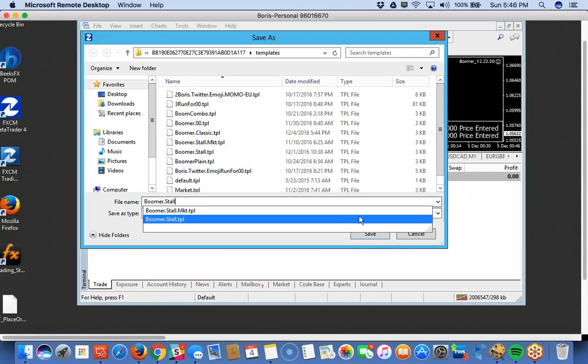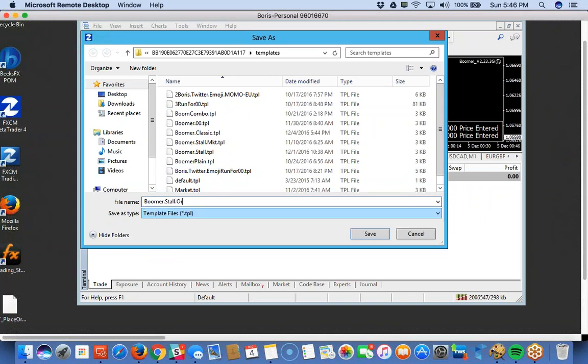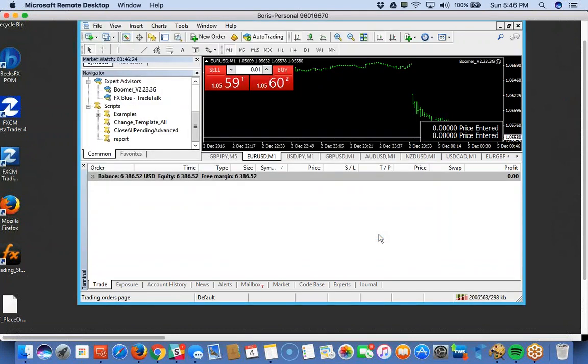And I'll call it Boomer Stall. Yeah, and we just say Boomer Stall Original. That will give you a good differentiator. Okay. All right. Finally, the last and the one that I'm using